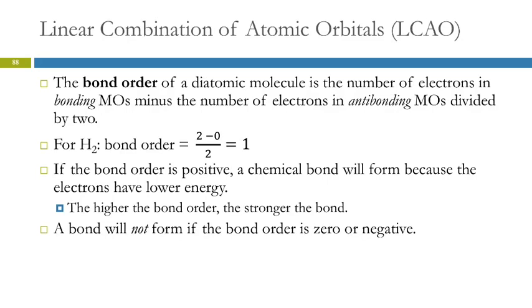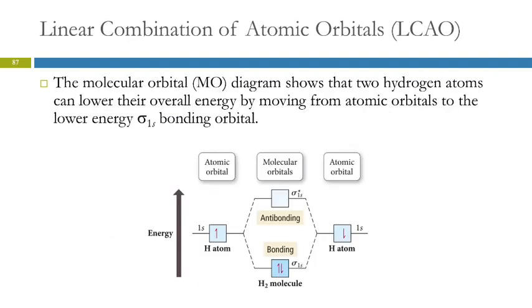So for H2, we just looked at its molecular orbital diagram. We have 2 minus 0 divided by 2, so that equals 1. So go back here. What we're doing is we're counting how many electrons are in bonding orbitals. Well, there's the one bonding orbital, it's got 2 electrons. So that's 2. We're going to subtract the number of electrons in anti-bonding orbitals. There aren't any. So 2 minus 0, and then divide by 2. So the bond order for H2